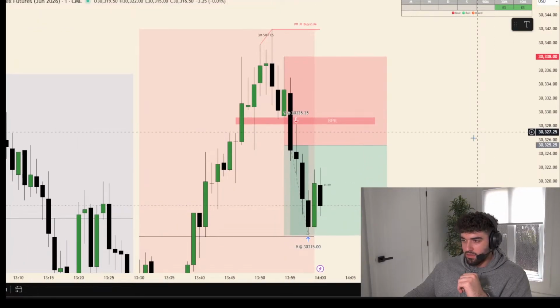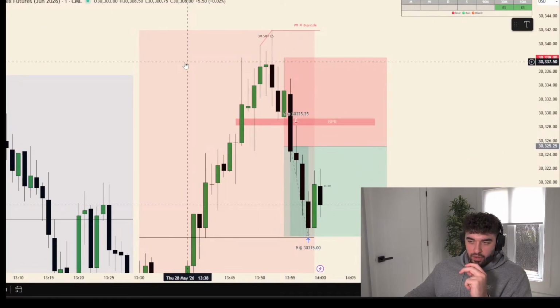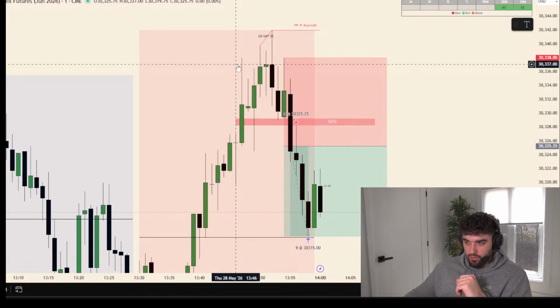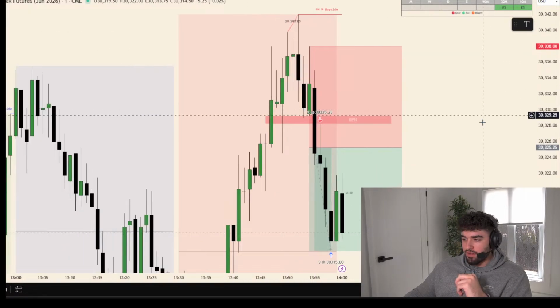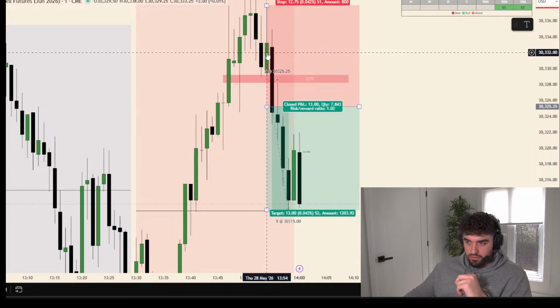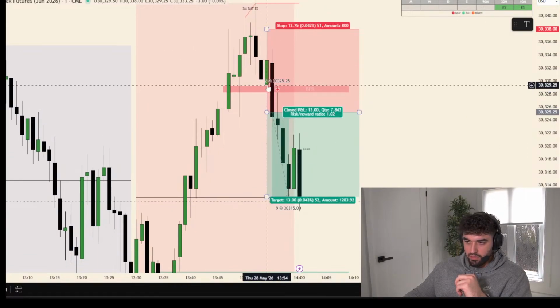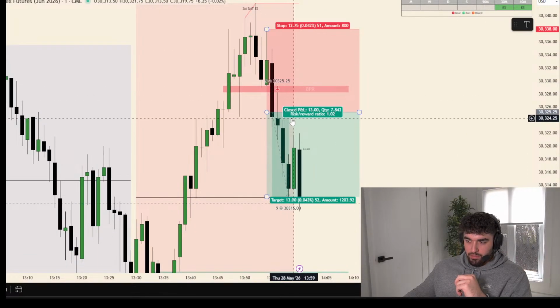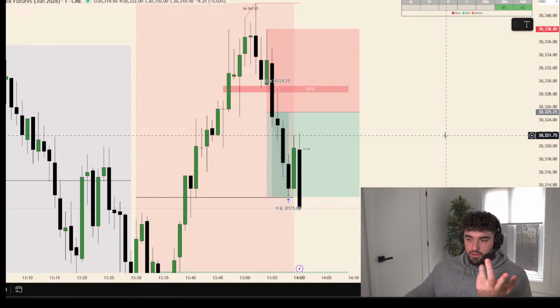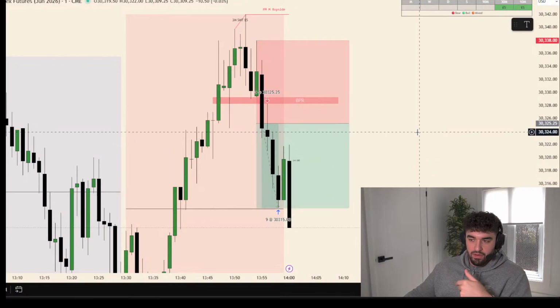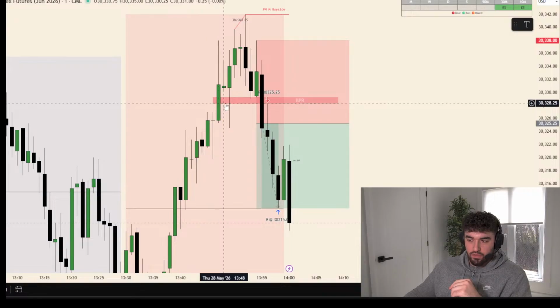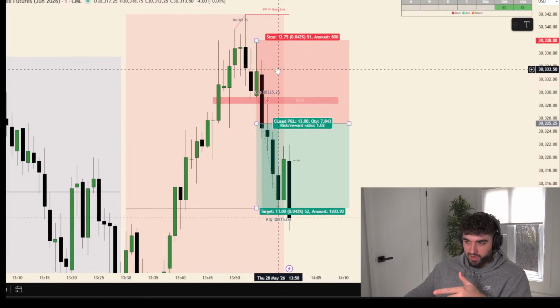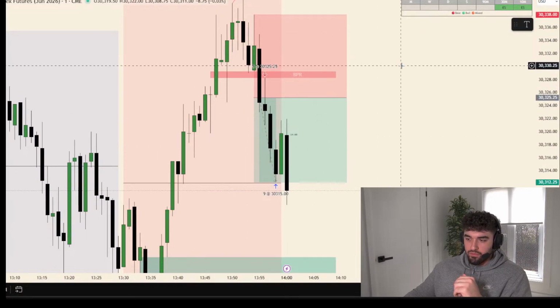Here's my setup technically. You need a sweep of equal bodies or a sweep of equal highs. So for example, here we had a sweep of equal bodies. And now you want the next candle to close below the green body. Okay, you need to close below a green body. That's technically it, but you don't want it to close in a fair value gap. If it ends up being near a fair value gap, you need it to at least close the fair value gap. So in this case, it closed the fair value gap, and you go for a 1-for-1.